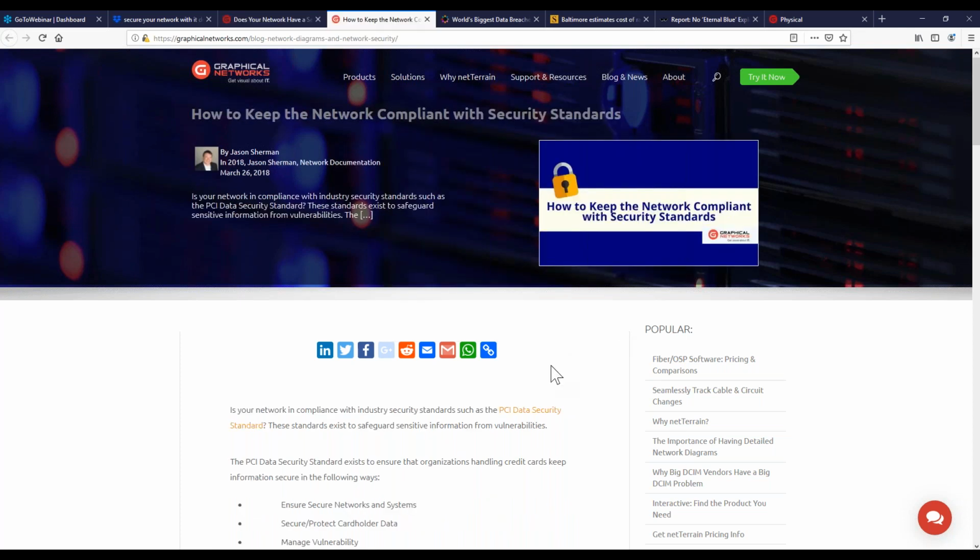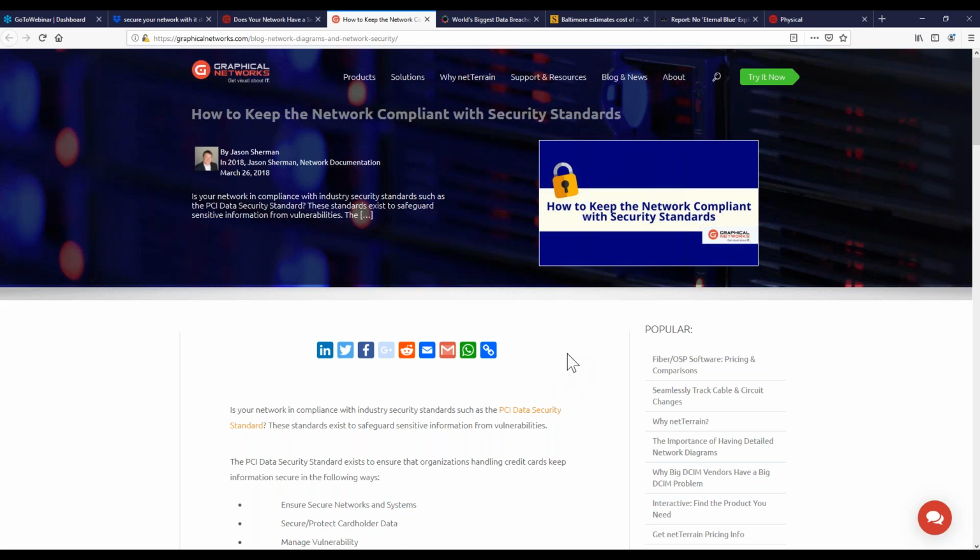The other side of this is compliance and things like that. I have a lot of customers that say, I have certain compliance standards I have to meet, where I've got to be able to provide documentation that's up to date. So if somebody comes in and audits us, they know what the network looks like and generally how things are put together. It depends, of course, on the compliance, PCI and various other things that are out there.